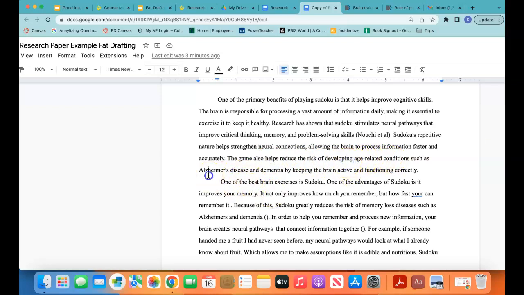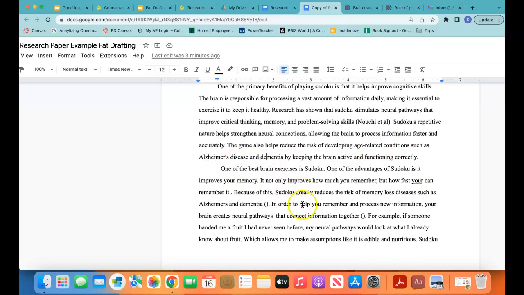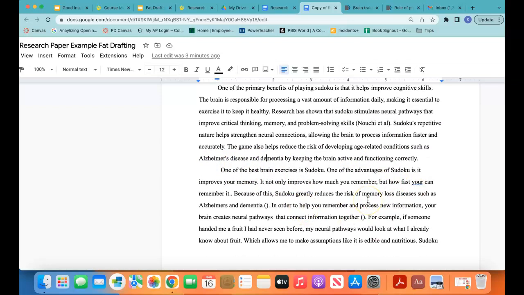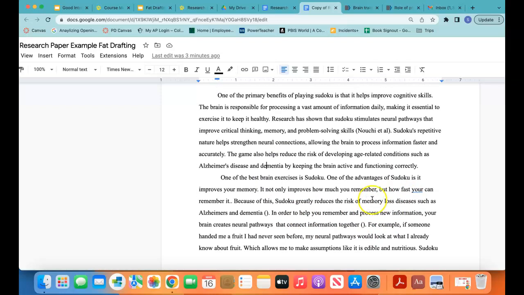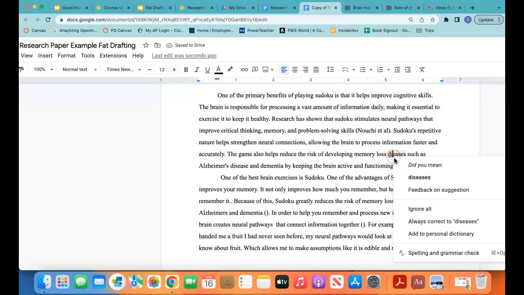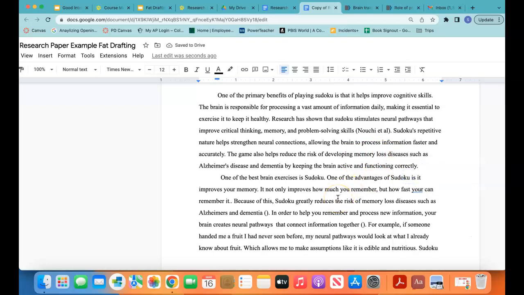Also, most of you probably know what Alzheimer's and dementia is, but I kind of mentioned down here that it was a memory loss disease. It's developing age-related conditions. I'm going to change that to memory loss diseases, such as Alzheimer's disease and dementia. Okay, so now you know what those two are in case you didn't. Now let's say it helps reduce the risk. Maybe I can add something about